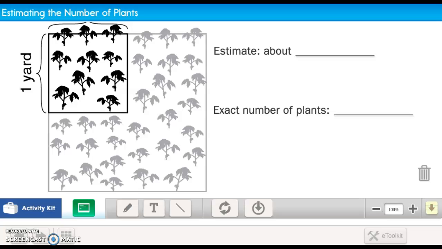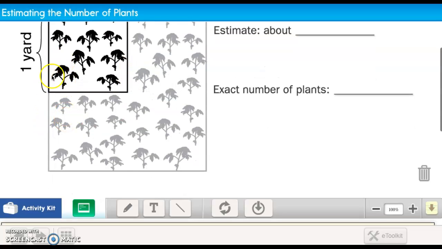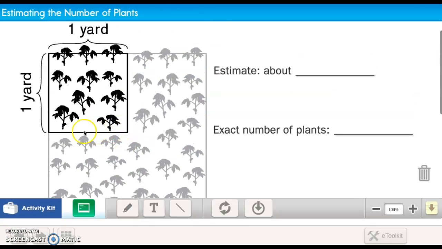So what they have done here is they have done a box. This whole thing is her garden. All of this is her garden. But they have split it into a little box here, and we can count how many is in this box. It's a lot easier to count how many are in this box than all of them. So let's count. 1, 2, 3, 4, 5, 6, 7, 8, 9, 10. So in this little square, there are 10